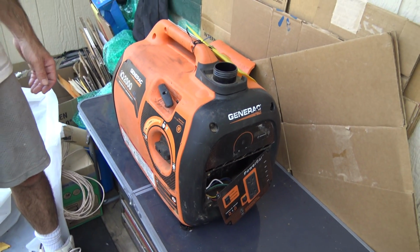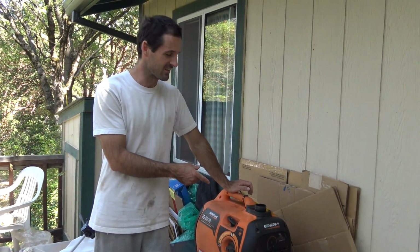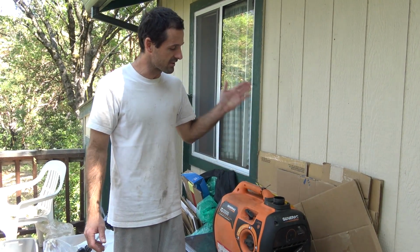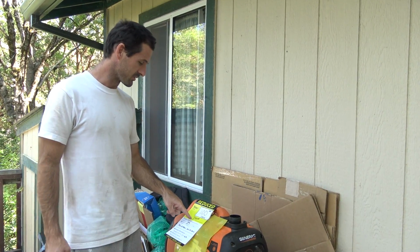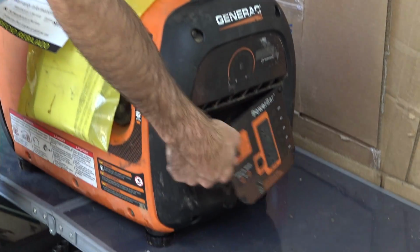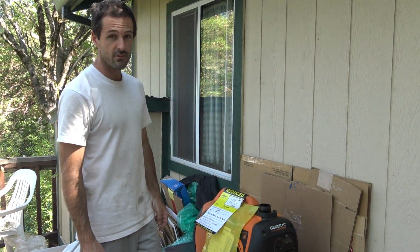It takes a special kind of character to be able to walk in with something that looks like this and try to return it at the store, but I don't know the circumstances. All I know is that this looked like a good opportunity. Original price was $799, and even though it's missing a few parts and the guts are hanging out, the price of $100 is